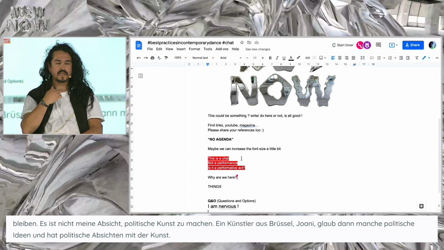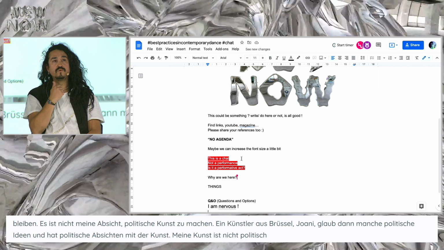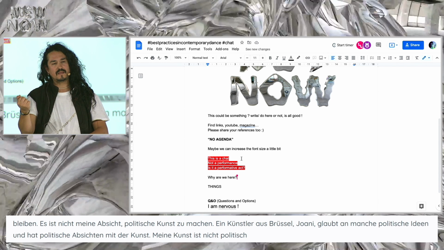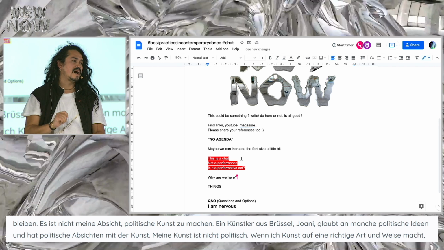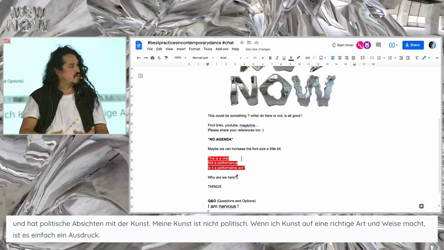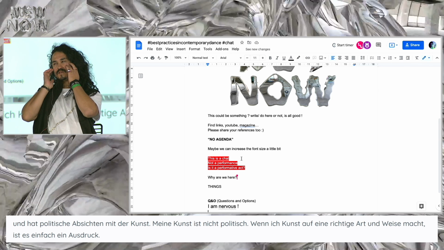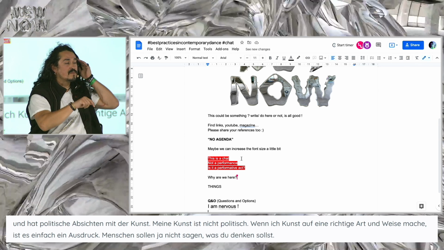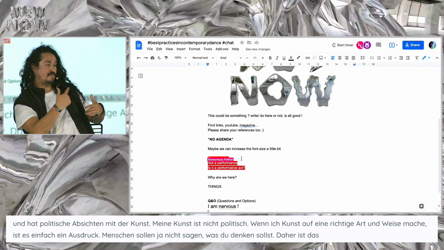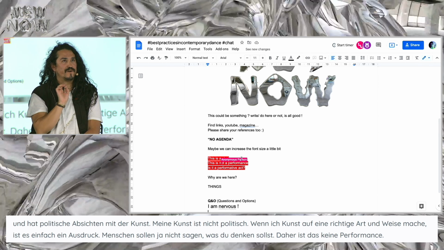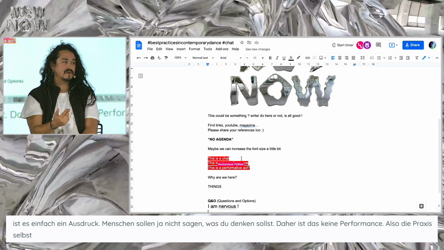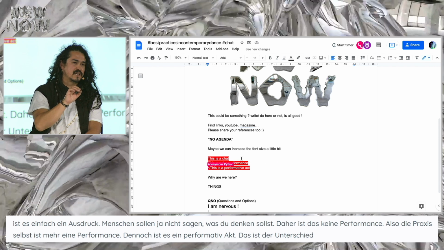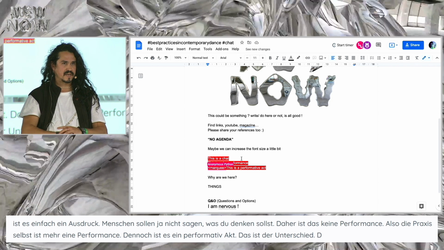I think in doing art, if I do art in a proper way, then it will just express the expression, meaning that it will not try to tell you what you have to think, but it might just portray and pass by things. Therefore, I will say this is not a performance. Let's say the practice itself is more a performance, but this is nevertheless a performative act. There is a difference, because the performance will deal with identities very much, but the performative act stays close to the dance,